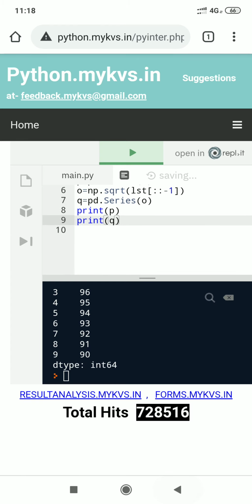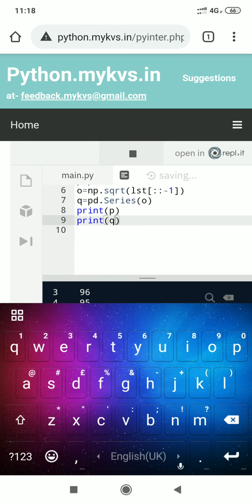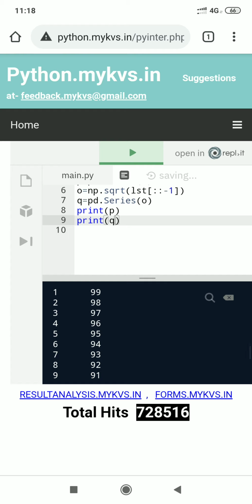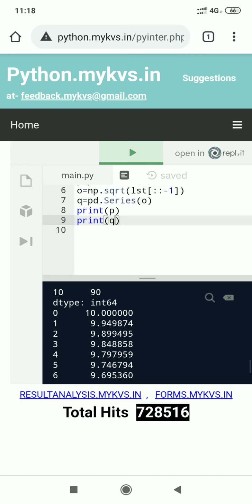Now I execute the program. First it is displaying values from 100 to 90 with the help of print P, and then after it is displaying the square root of those numbers. It is very easy.